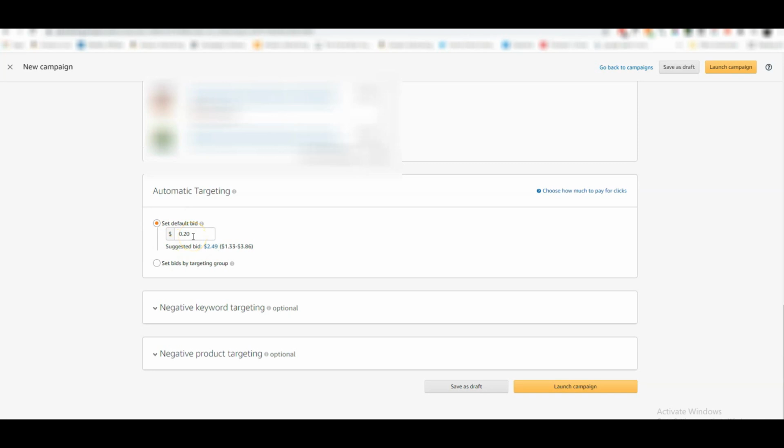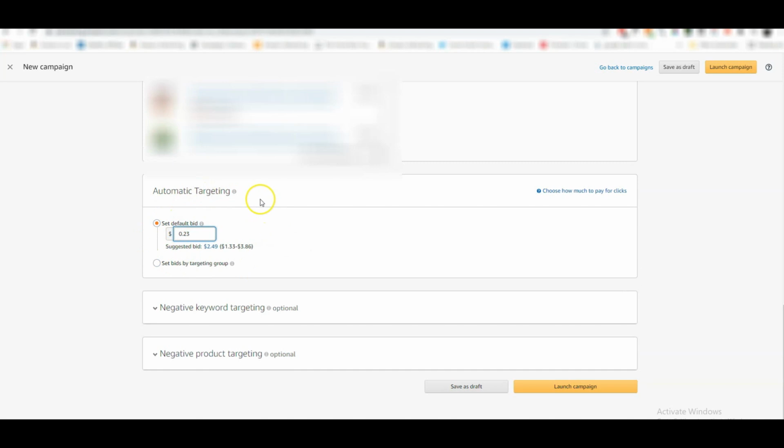at 20 cents. The other thing I do quite often is if the suggested bid says 20 cents or 30 cents, I choose a number in between. I choose 23 cents, for example. The reason I do that is because most people will go with 20 cents, 30 cents, 40 cents. So if I have a bid at 23, then I'm above all the people that just bid 20 cents. So straight away, I'm above the people that bid 20 cents. Of course, the higher, the better, but it depends on what you can afford. I'm just going to go with a very low bid of 23 cents.